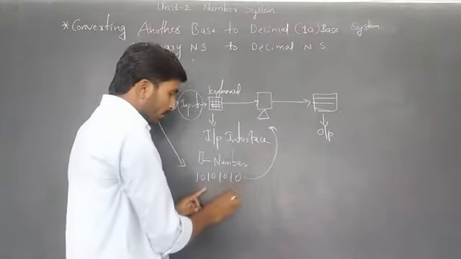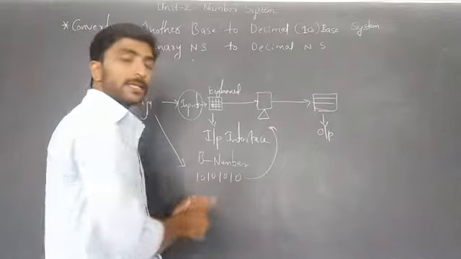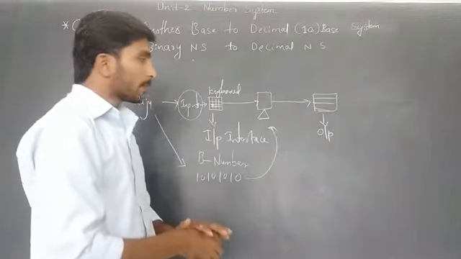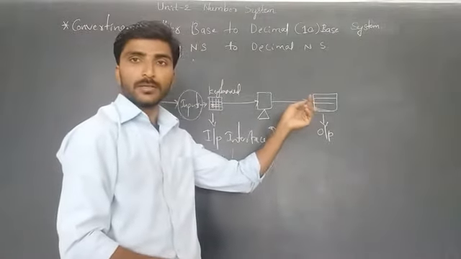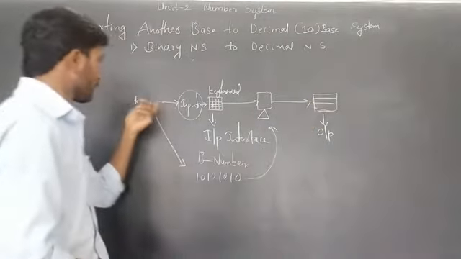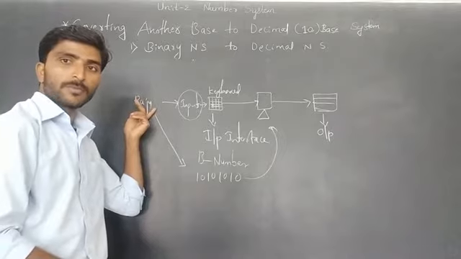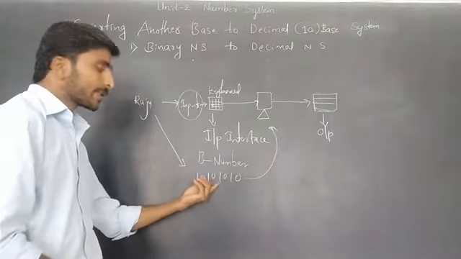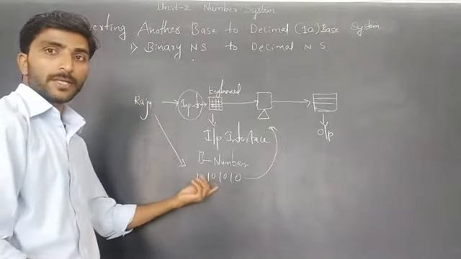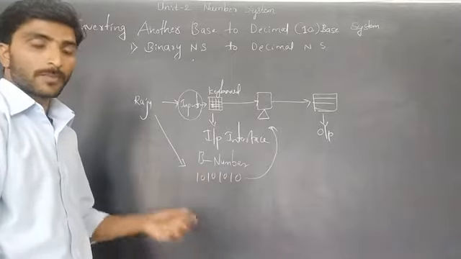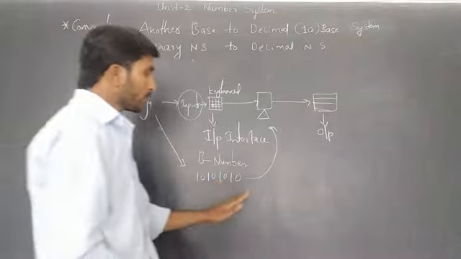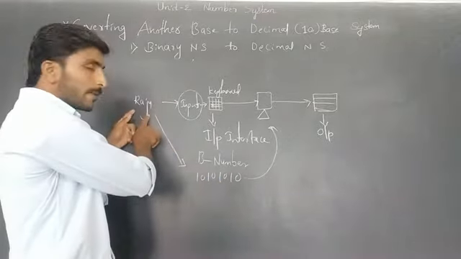It processes work on binary numbers. After that, when it is providing the data to the user, again in the form of text, because we cannot understand binary. We don't know what it means. Only the computer can know.